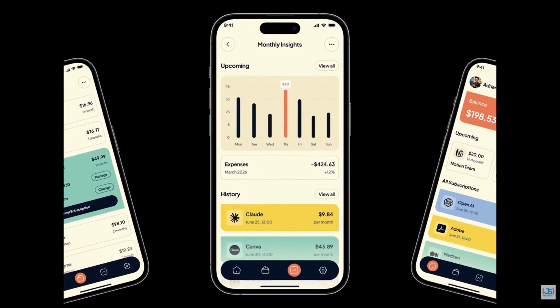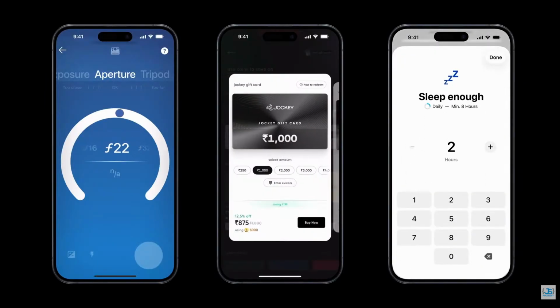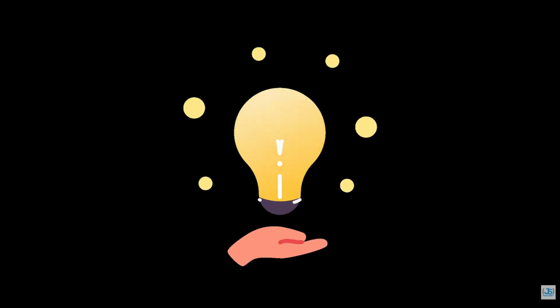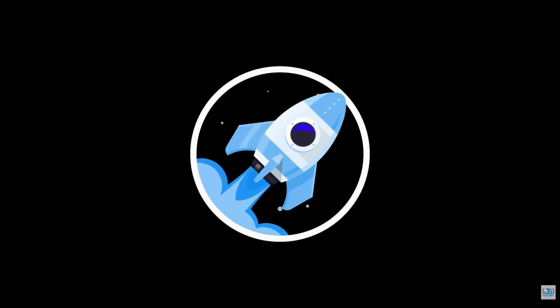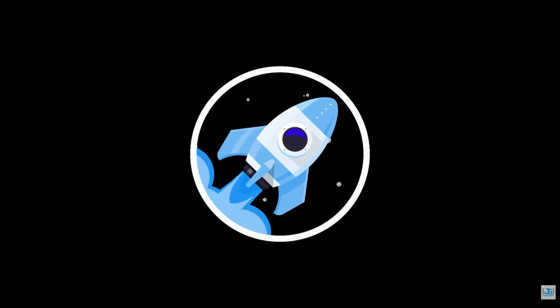I'm going to teach you the full workflow from an empty folder to a published app on the App Store so that you can use this process for any mobile application you want to build in the future. Once you understand this, you can ship anything. So let's start at the main source,